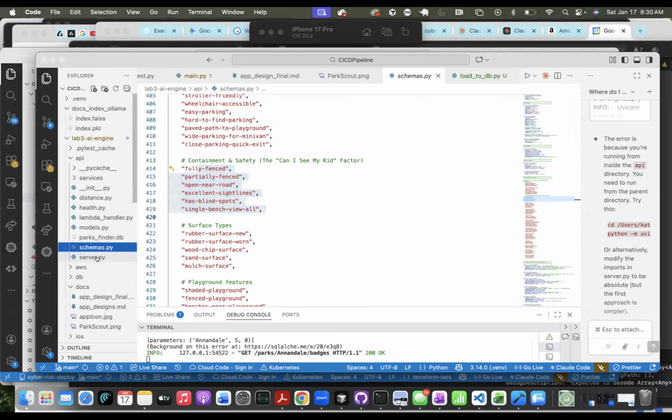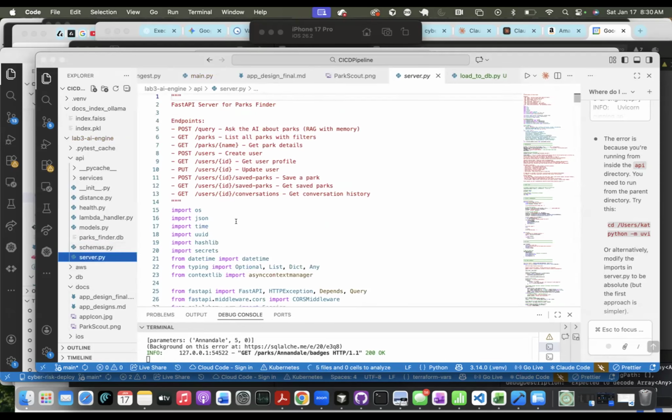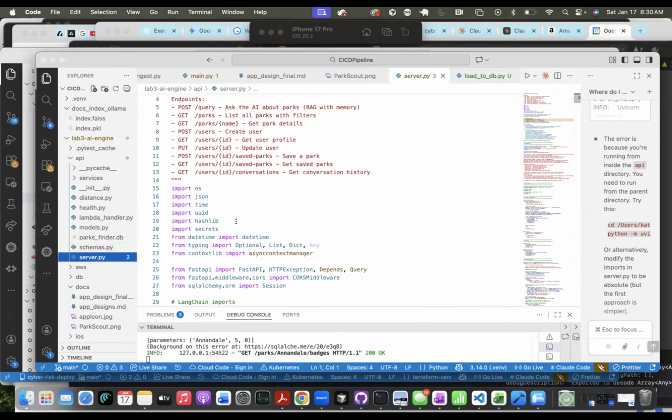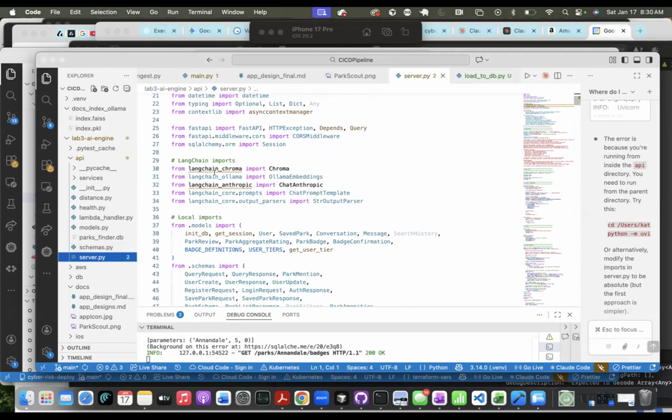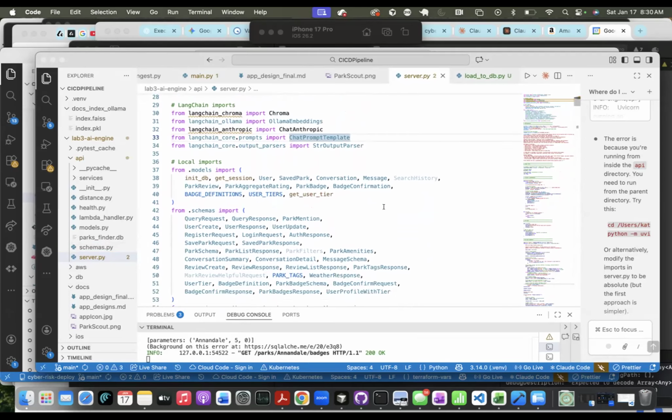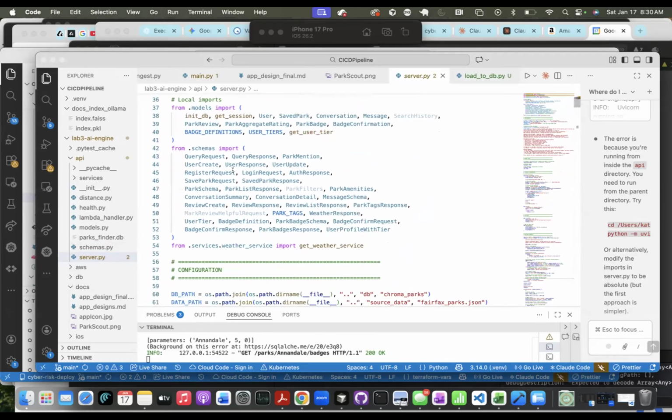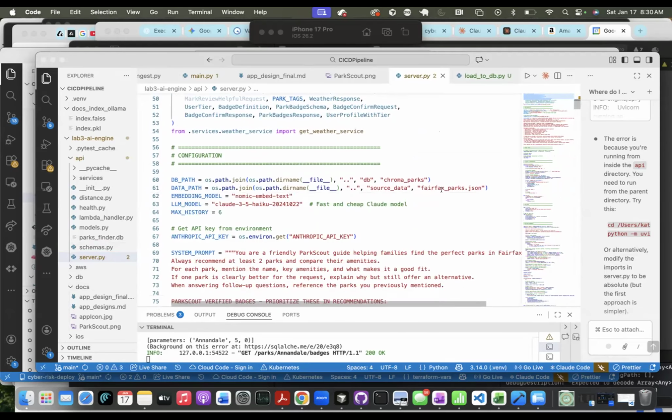For the server, this is where I'm building out the endpoints and ingesting. I was using Chroma and Llama embeddings, with Anthropic's Claude as the engine. Here it's pulling in all of those schemas, then the database path to my vector database, the Chroma parks, and then the data path.